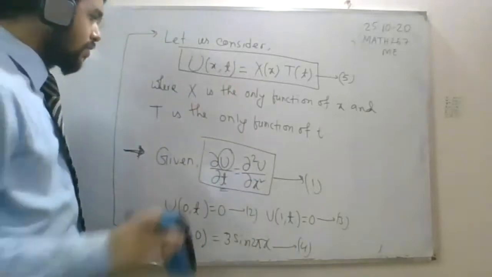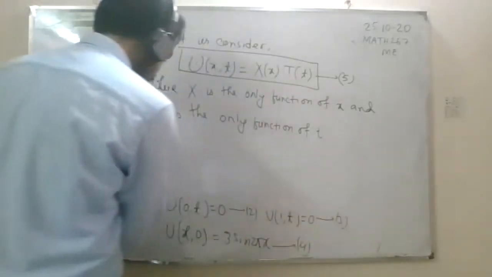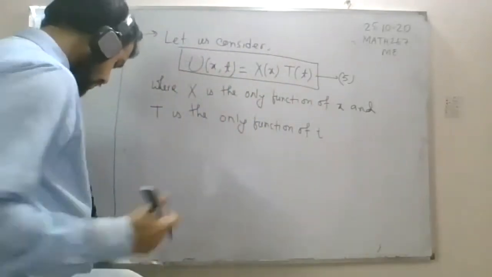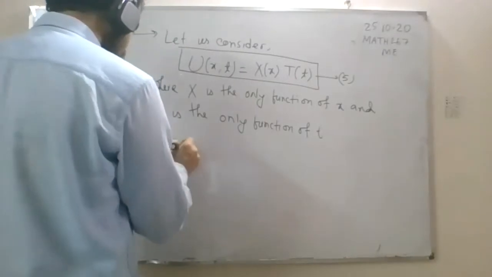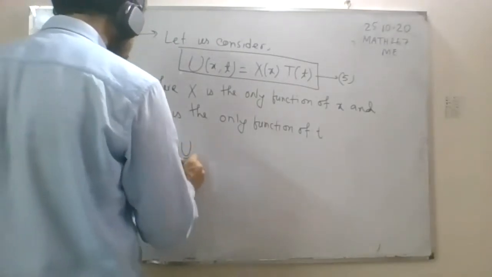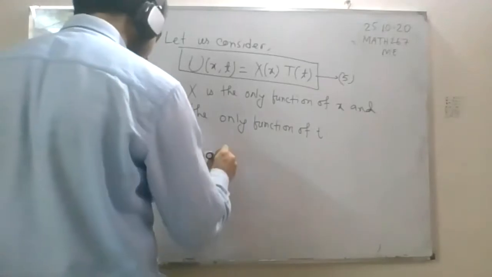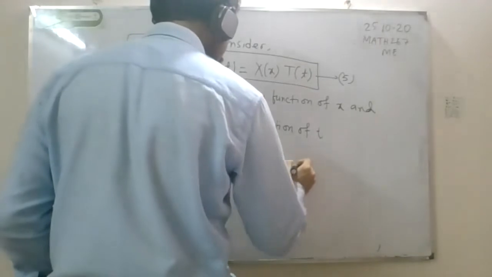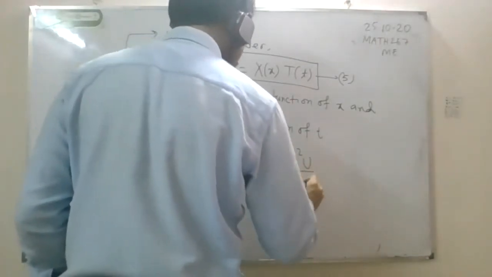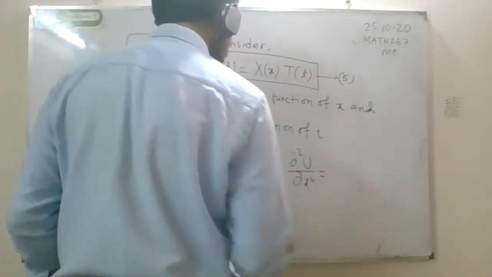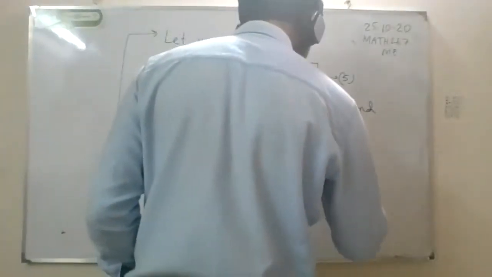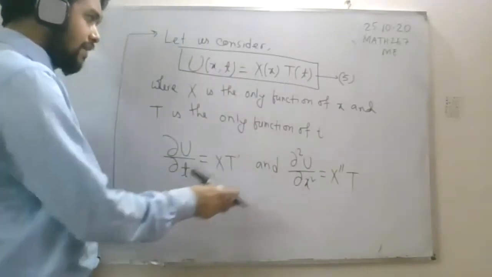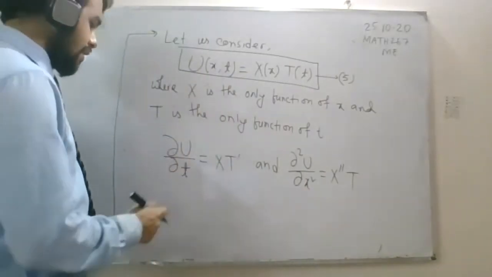Okay, now you can say from here that del u by del t is XT prime, and also del square u by del x square is X double prime T. Okay. Now put these things in equation 5,